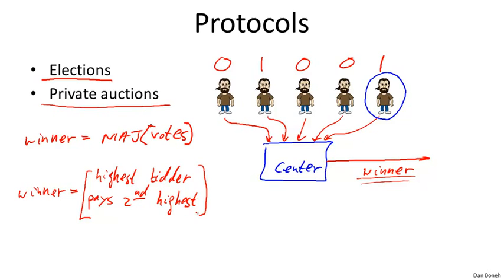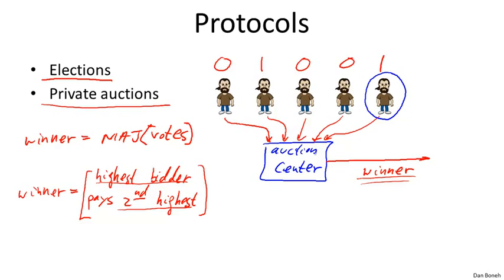But other than that, all other information about the individual bids should remain secret. So for example, the actual amount that the highest bidder bid should remain secret. The only thing that should become public is the second highest bid and the identity of the highest bidder. So again, the way we will do that is we'll introduce an auction center, and in a similar way,